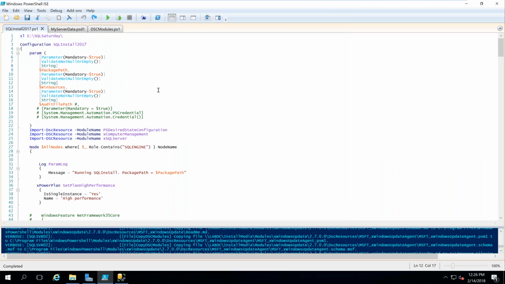All right, so that's the end of our slides. We'll go ahead and walk through this script. So you'll see the configuration here again, SQL install. We're passing in package path. WinResources is not used for this demo, but when you're running on, I believe it was 2012, .NET 3.5 wasn't installed by default. So that's something that we were doing with this configuration script. I just left it in here,